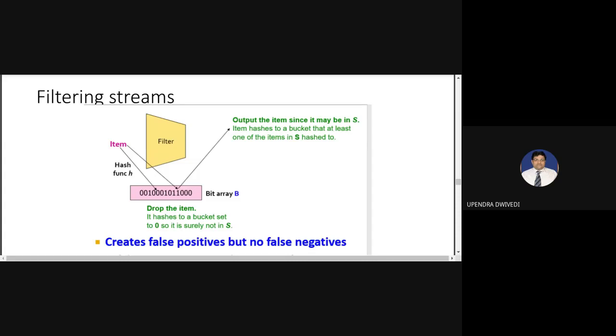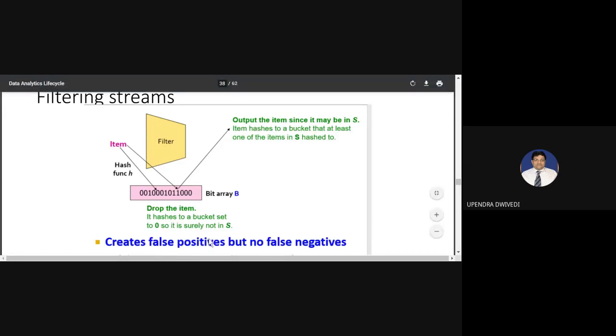That is a false positive. It means you will get your desired output, as well as output which is not related to your desired output. But again, the statement says it creates false positives but no false negatives.